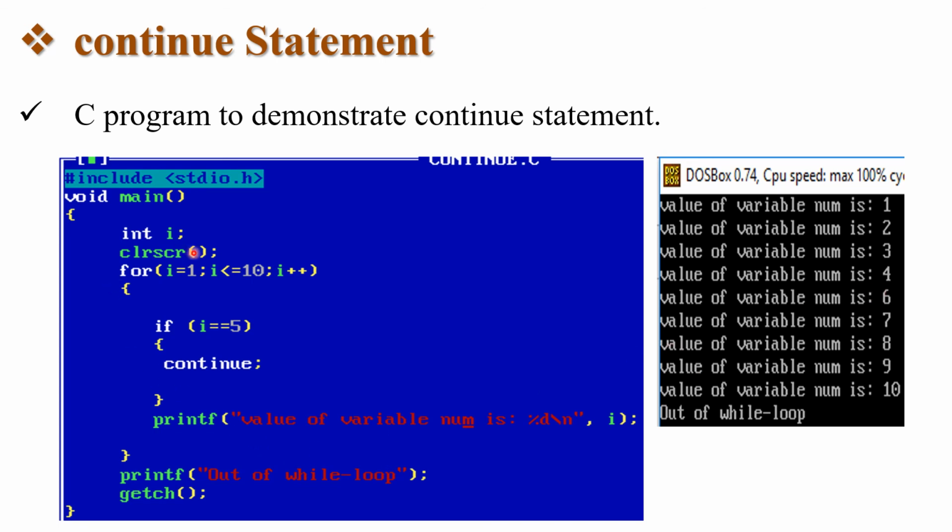Now the value of i is 6, this condition is false, that's why 6 will be printed, then 7, 8, 9, and 10. Then we are outside the for loop.